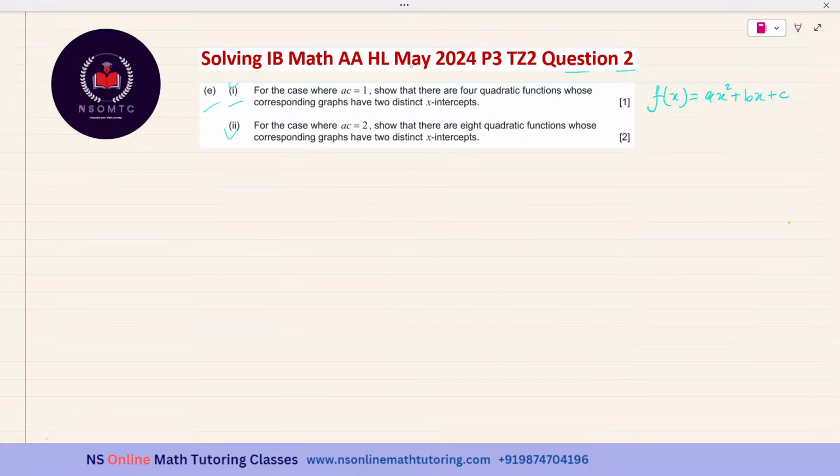So for that condition to be met or satisfied, the discriminant should be greater than 0. So discriminant equal to b square minus 4ac should be greater than 0